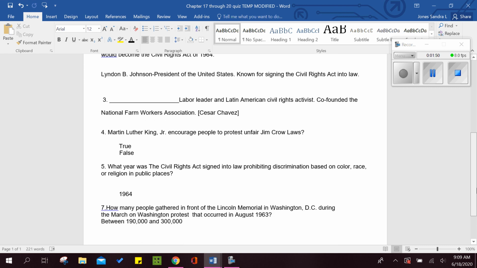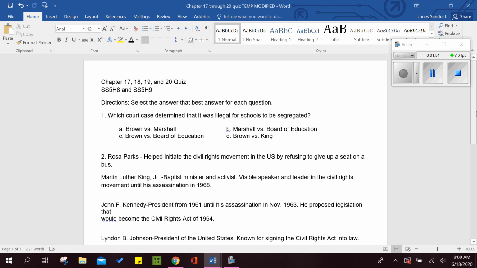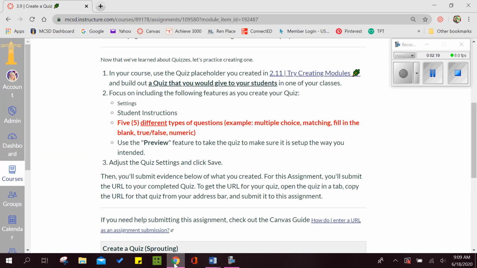Now, if you're really good about thinking right on the spot, you can skip this step and just open the quiz and type the question as it is. But if you need a little bit more support or you want to feel a little bit more comfortable, I encourage you to go ahead and type the quiz up in a Word document. That way, really all you're going to do once you open Canvas is copy and paste. So I'm going to go back into Canvas, and this time I'm going to go to my sandbox,